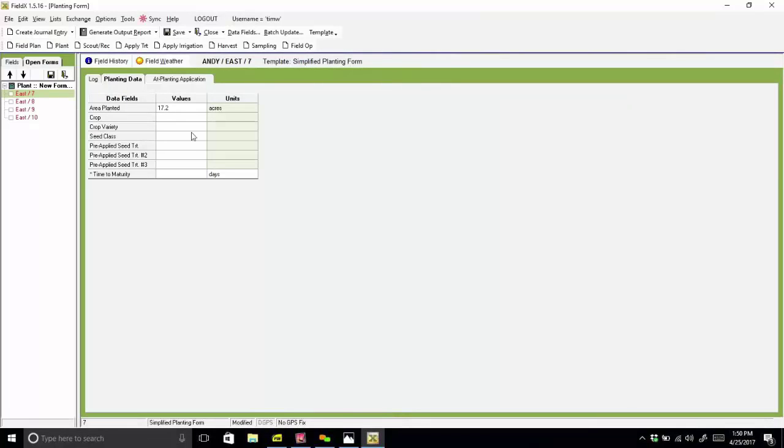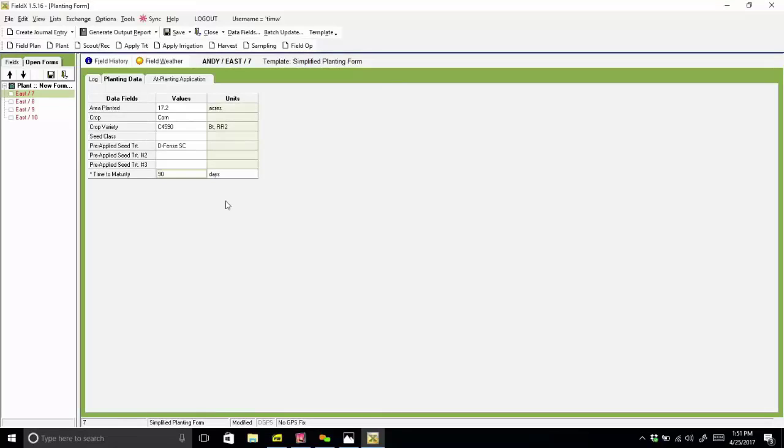Okay. So I'll go ahead and let me add in a variety here in a crop. So I'm going to plant corn here. I'm going to select a variety. So you can see here is where that crop technology is coming into play. So it's actually bringing that in with the variety when I'm creating the entry. Right? And then I can go down and